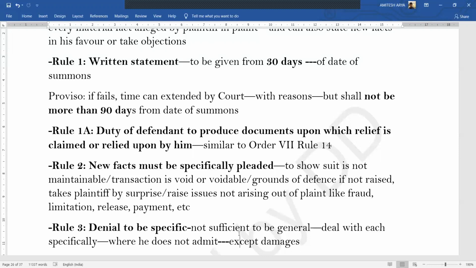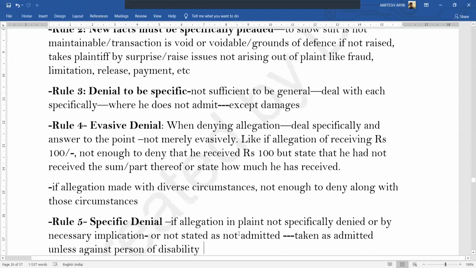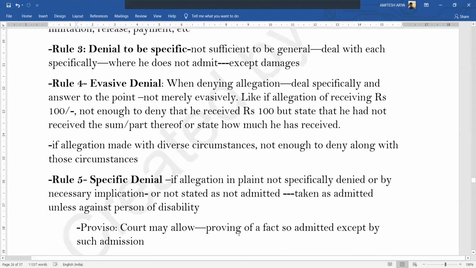In general, if I am writing a written statement, if I'm replying to someone's allegations on me, what will I write? I will first try and counter all those allegations. Secondly, if I have a new point, then obviously I will write those new points. I should write them separately so that the emphasis can be given. If I'm relying on a document, the documents should be given there. Then, as we know, because it is a reply to all the allegations that have been made in the plaint,